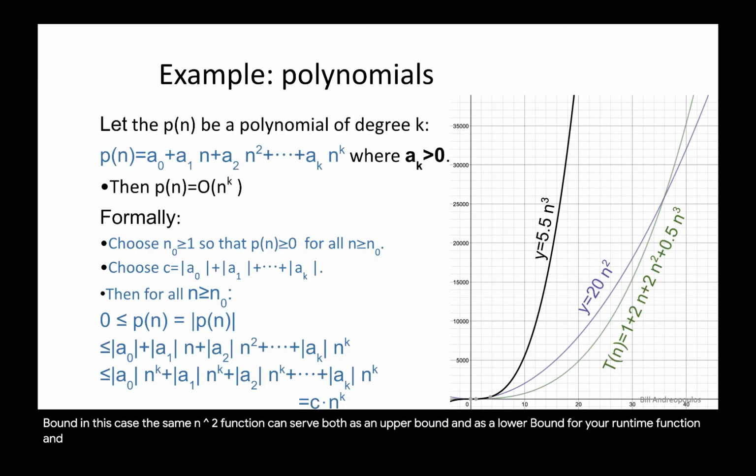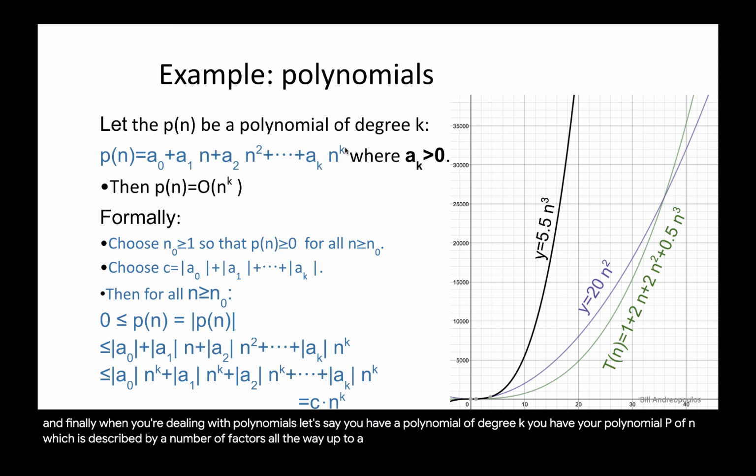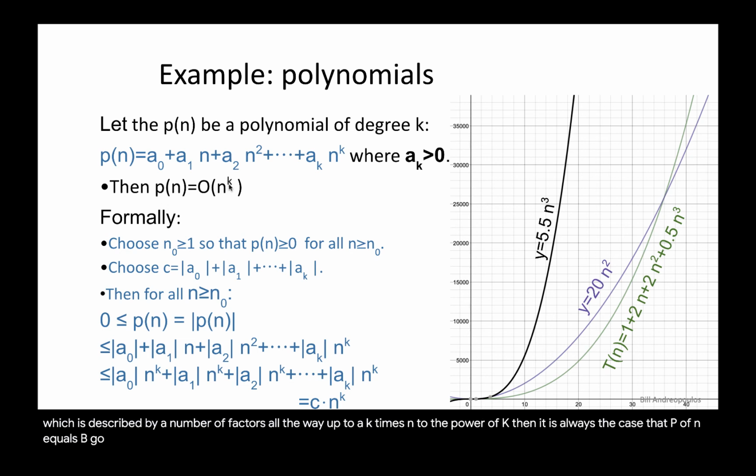And finally, when you're dealing with polynomials, let's say you have a polynomial of degree k. So you have your polynomial p of n, which is described by a number of factors all the way up to a_k times n to the power of k. Then it is always the case that p of n equals big O of n to the power of k. And you could formally